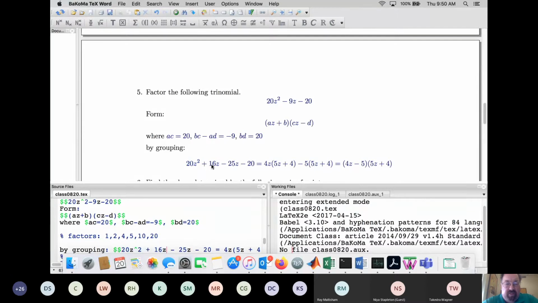What I've chosen here are numbers that have common factors with the other coefficients in here, which would be 20 and minus 20. So, for example, minus 9 can be written as 16 minus 25. So this is factoring by grouping, because then what you can do is look at the first 2 terms. What's the common factor? So 20 and 16 have a common factor of 4. And here we have z squared and z. So there's a common factor of z. So 4z gets factored out. So then what's left? If we factor out a 4z, again, only looking at these 2 terms right now,